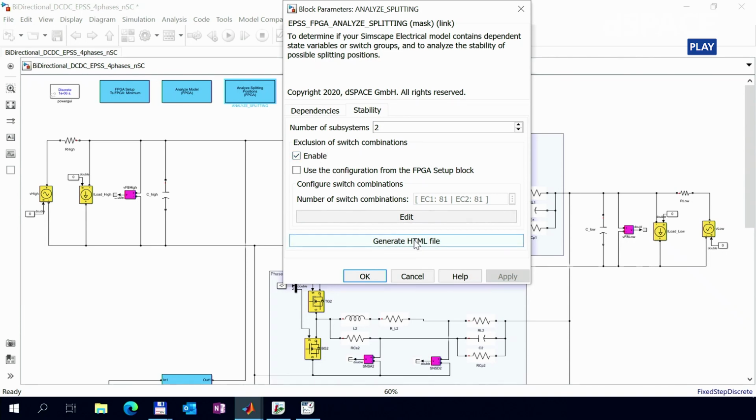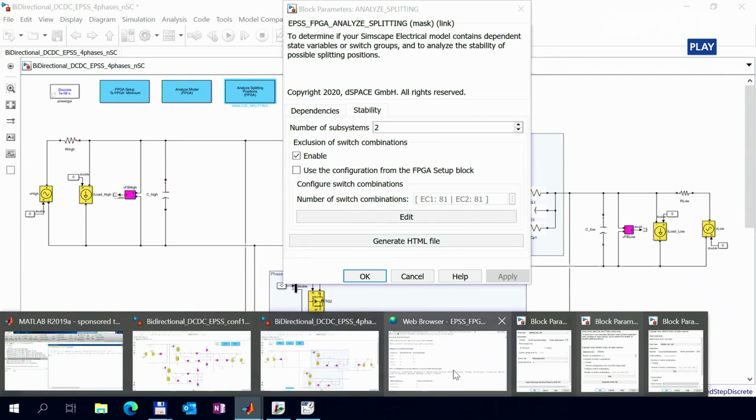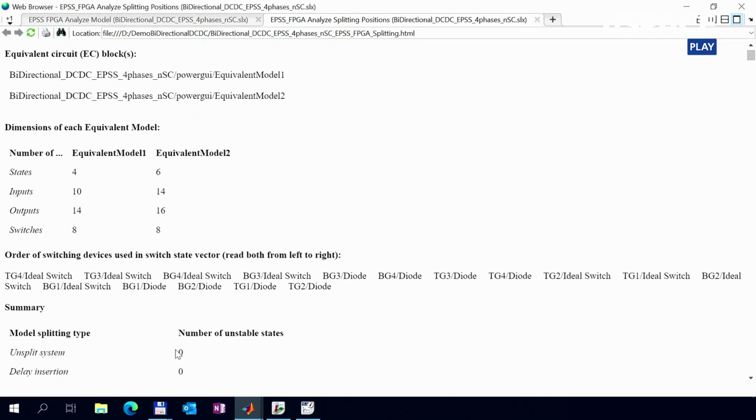So in this case, also an HTML file is generated. For our model, you see this file here. And here you can see, okay, if you choose the delay insertion method, then none of your switch combinations is unstable. So in this case, this method is well suited for your model.